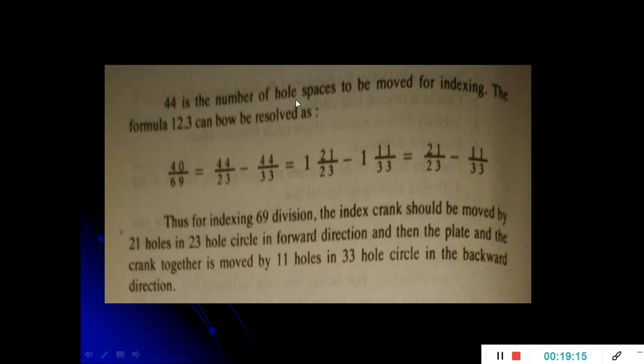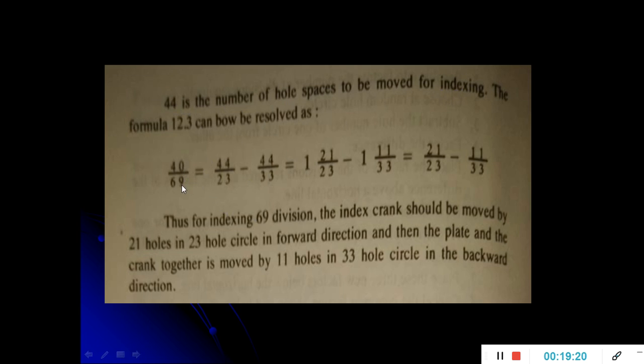Now make sure that all the factors above the horizontal line are cancelled. If yes, then the chosen circles are correct for indexing. Otherwise, if any one value remains uncancelled, then the chosen circles are wrong, and you have to choose another set of circles. That is why I told you this is a trial and error method. Once it is clear, take the factors from below the horizontal line. Multiplying these factors gives 44. With the chosen circles n1 as 23 and n2 as 33, that 44 is the number of hole spaces moved in the indexing.